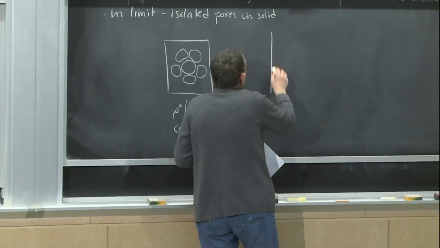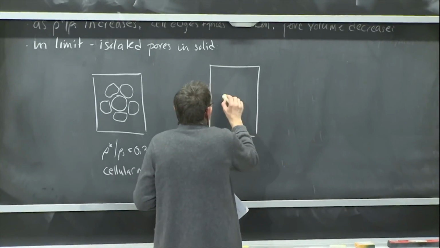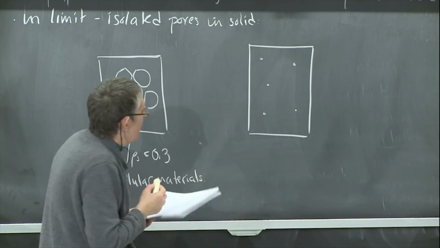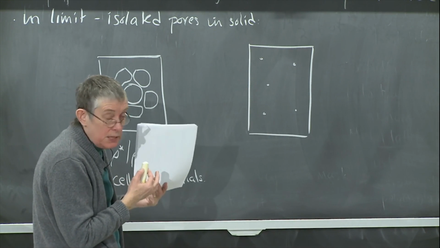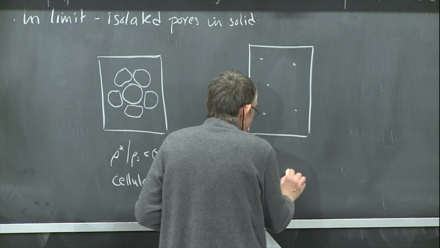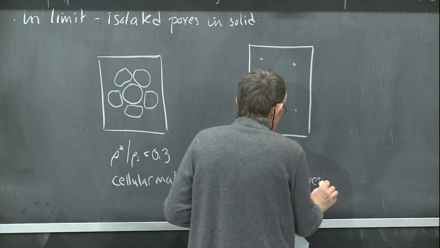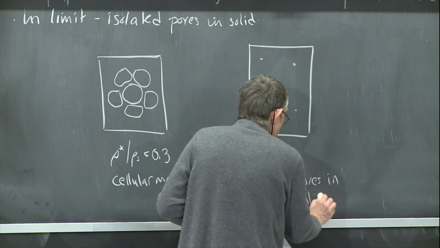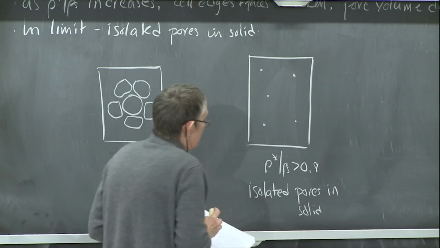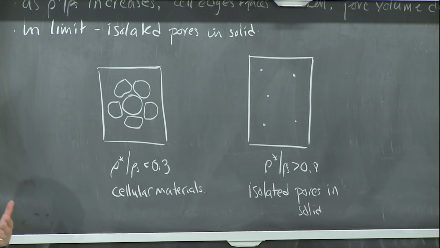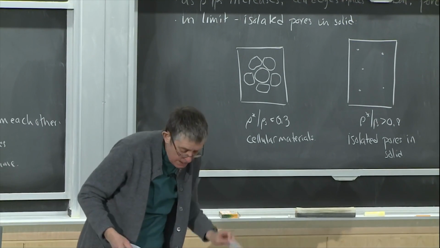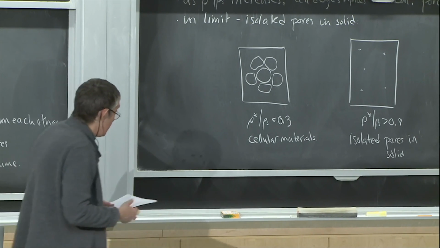And at the other extreme, you can imagine if you had just little teeny pores, and I have a little pore here, and one here, and one there, and one there. That's not really a cellular material. It's just got a teeny little bit of pores. And that could be modeled as isolated pores in a solid. So each one is sort of acting independently. And people have found that that is appropriate if the relative density is greater than about 0.8. And then in between, there's a transition in behavior between the cellular solid and the isolated pores in the solid. Okay? Are we okay?